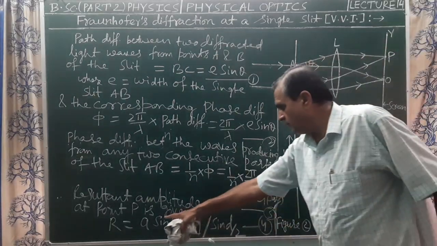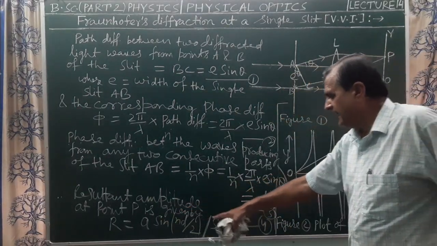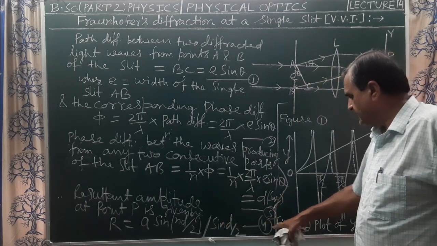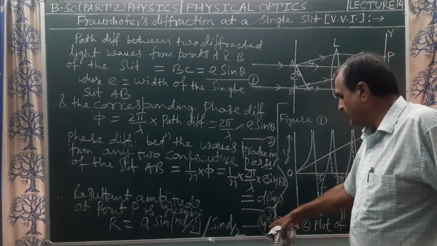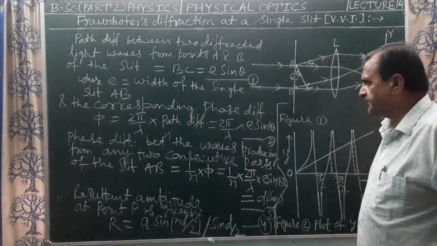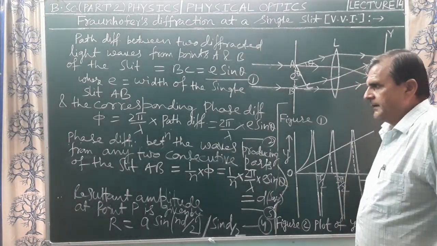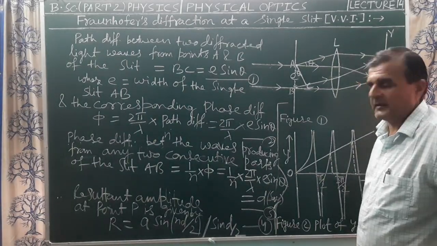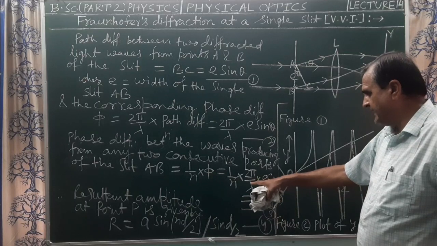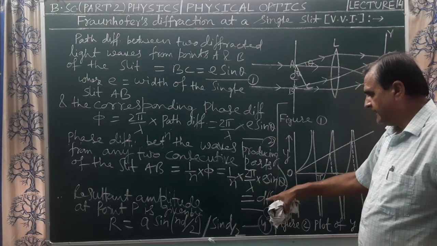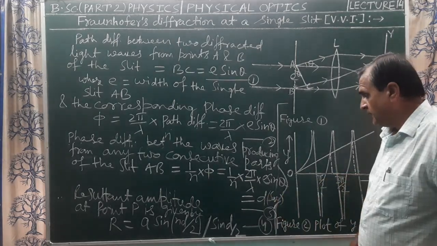So the resultant amplitude now is a sin(nd/2) upon sin(d/2). Suppose it is equation 4. Now substituting the value of d, that is the phase difference between the light waves produced from any two consecutive parts of the slit, we have taken it as 1/n multiplied by 2π/λ into e sin θ, and we have taken it as small d. So substituting,